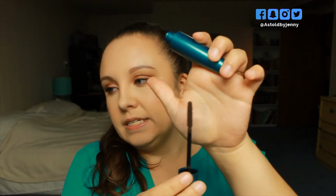The next CoverGirl product is the CoverGirl Flourish by Lash Blast Mascara. I have mine in the shade Black Brown. I really wanted a mascara that was more like everyday, no makeup, not like super black eyelashes, but I don't know that this is that kind of mascara, because I feel like this is more on the verge of just like no makeup. It's like it barely coats my lashes,